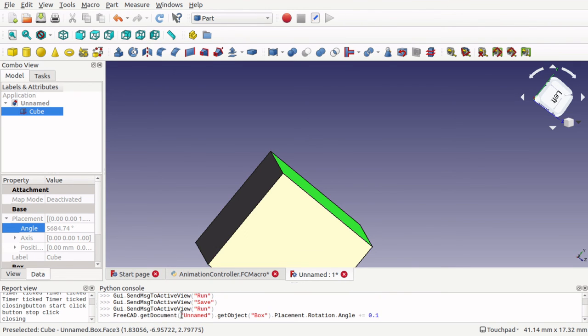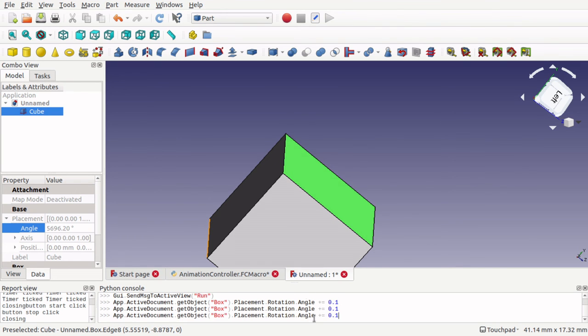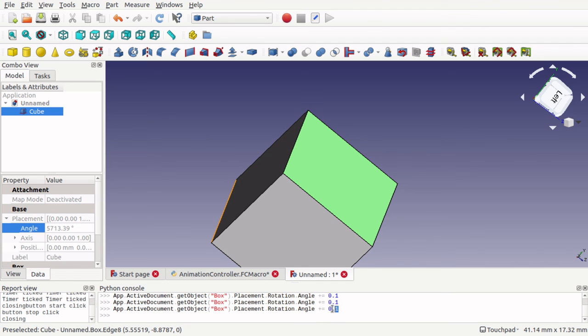Now if we look at the command that was used, the FreeCAD.get document, it's actually naming unnamed. So if we save this, that unnamed would change. So what we need to do is make this a bit more generic. So we can do that by changing FreeCAD to app and then get document to active document, take out the unnamed and just put get object there, and that should allow us something a bit more generic to use. So I'm going to copy that,